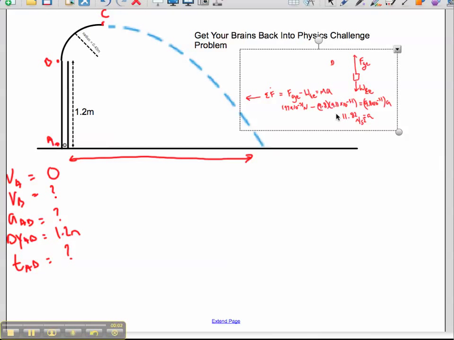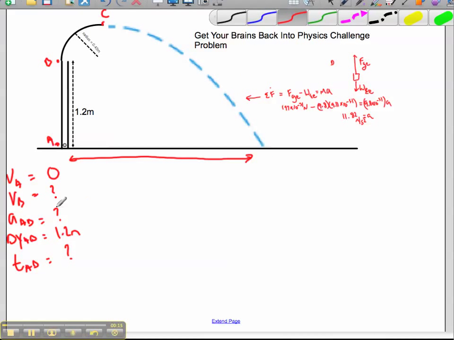Alright, in the previous segment of the video I'd found the acceleration. I put all those calculations up here. We can keep them on the side if we want to reference them again. But at this point we now know this acceleration, and so we'll go ahead and write that number in, 11.82 meters per second squared. And that leaves us with only two motion unknowns, the velocity that we want, which is at point B, and